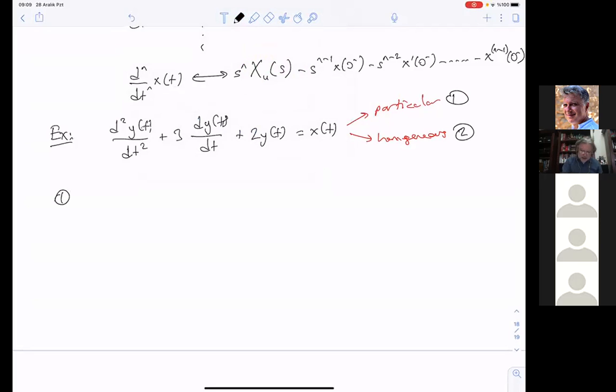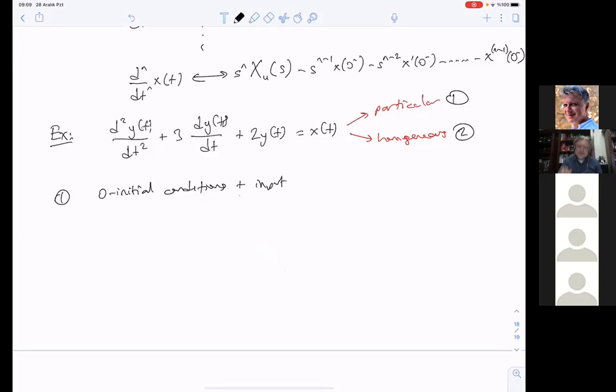So with 0 initial conditions, plus the input, first we have